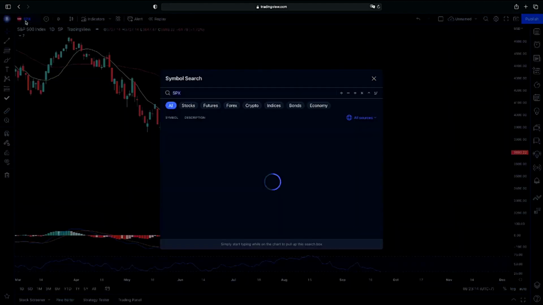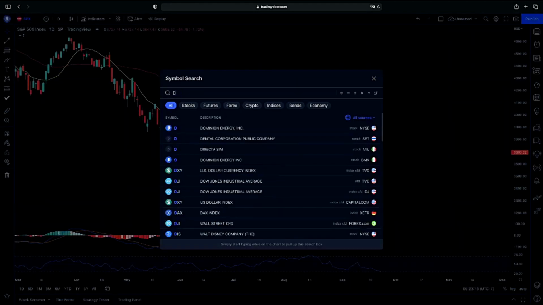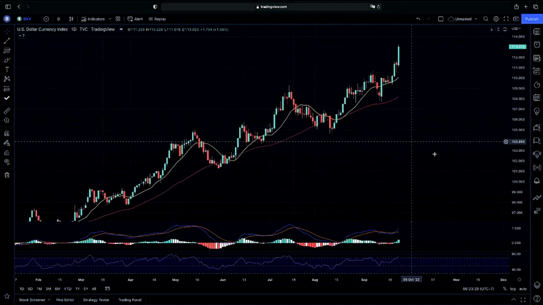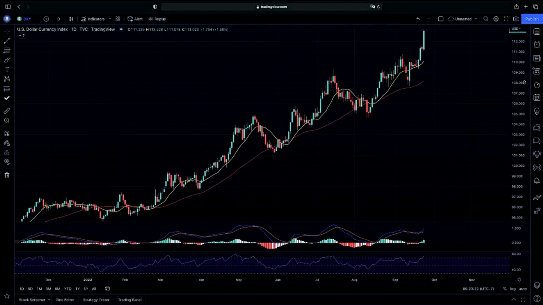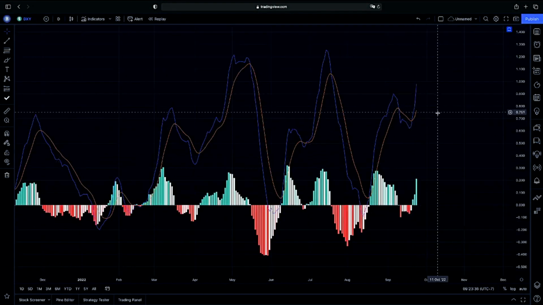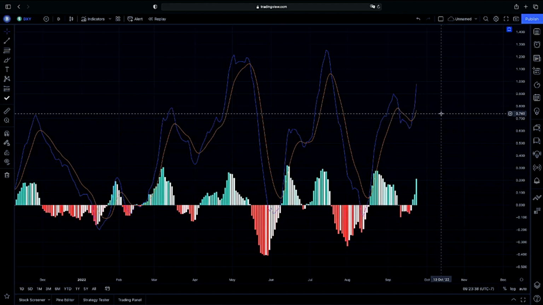Now, looking at the dollar, I wanted to make sure we cover the dollar. This is the DXY. You can also follow the UUP. You can follow either or. As you guys can see on the DXY, we have been continuously ripping, and as you guys can see on our MACD, we have been pointing up. We're above the median of our MACD, giving us a lot of pressure to the downside on the S&P 500.